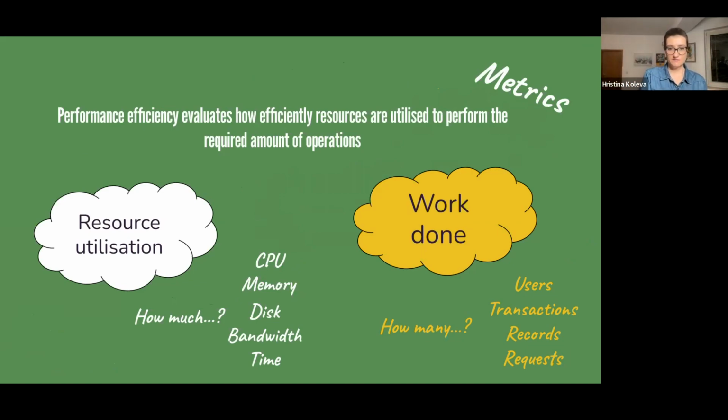All right, again, performance efficiency is how we use our given resources to perform a particular amount of jobs. Resource utilization versus work done within those resources. Can we do our required amount of work given this amount of resources? Do we use those resources smart so that there's no excessive usage, or the resources are enough, or if they're not enough, we actually have a smart way to increase the resources